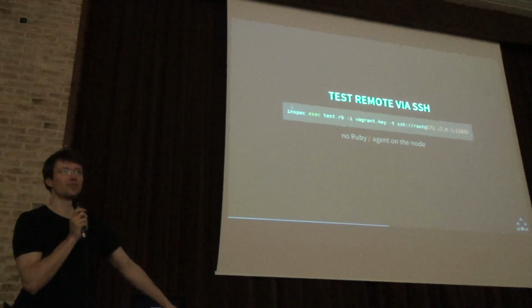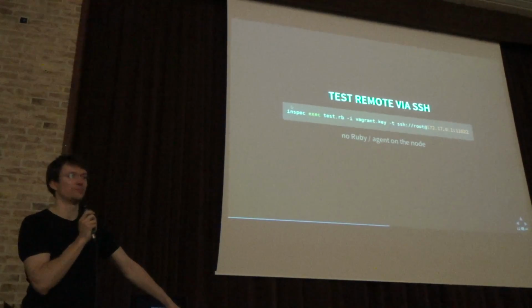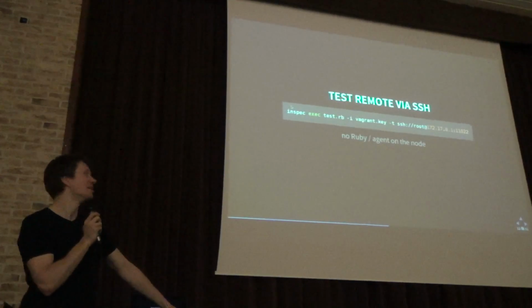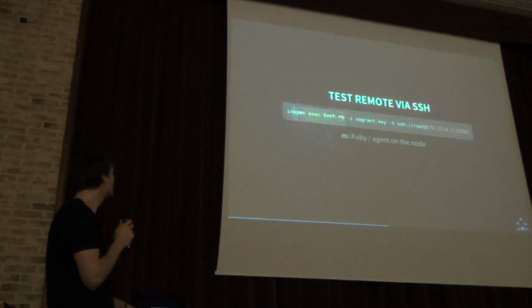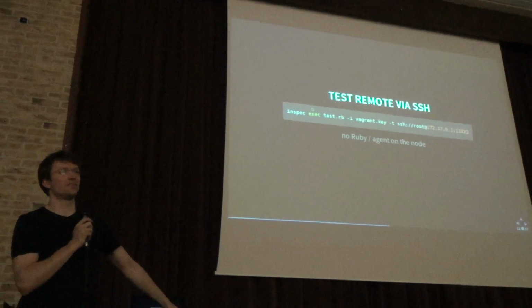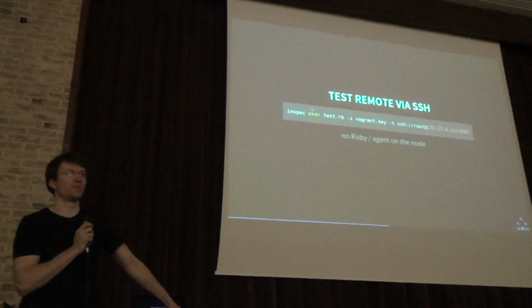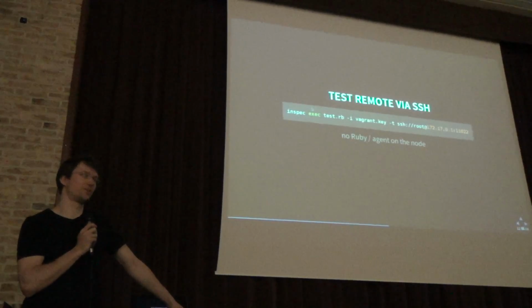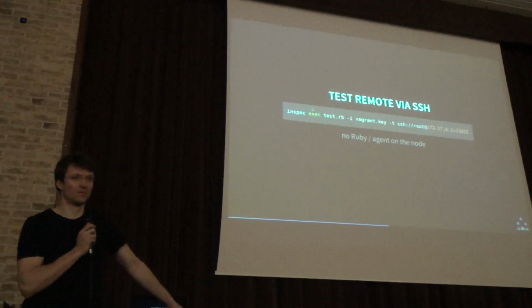We are testing local nodes like this, but I already talked about testing any target I want to hit. So one of the things we do is, if I want to talk to a remote machine, for instance, which I can reach via SSH, like a Linux node, that's how I do it. You don't require anything on that remote host. You don't require Ruby, you don't require any agent, it's just pure SSH in the shell. That's it.